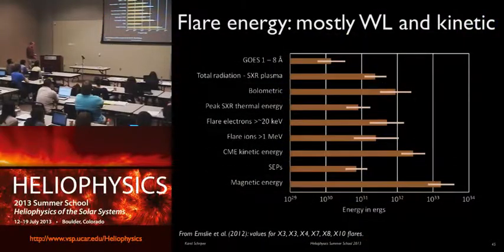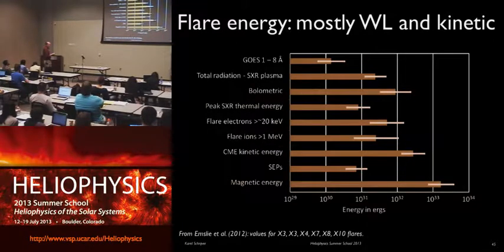Okay, and how much energy comes out of all of this? This is one of these diagrams where a group of people came together and said, let's look at the largest flares. Whenever you see an X, that's a large flare. I don't know if it actually means extra large, but it might mean extra large. Those are fairly rare flares. They typically have energy of the order of 10 to the 32 ergs, which is, if I remember correctly, about 50 billion Nagasaki bombs going off at the same time. What saves us is the distance.